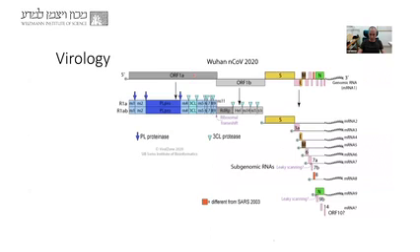Now, there are several proteins here that I would like to highlight because those are drug targets. So there are 2 specific proteases. Proteases are proteins that know how to cut other proteins. So there are 2 proteins here, the PL-PRO and 3CL. Those are very unique proteases that the virus is bringing with it. And their function is to cut this very long polyprotein that the virus is making.